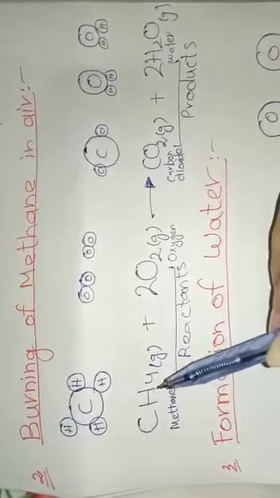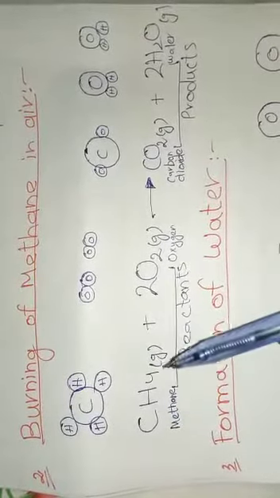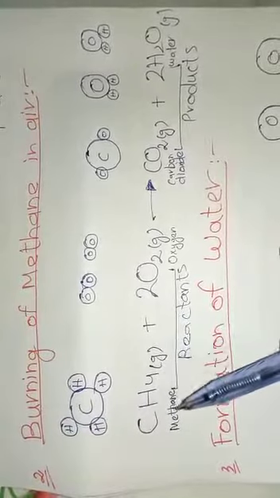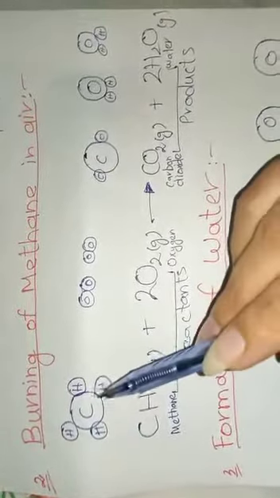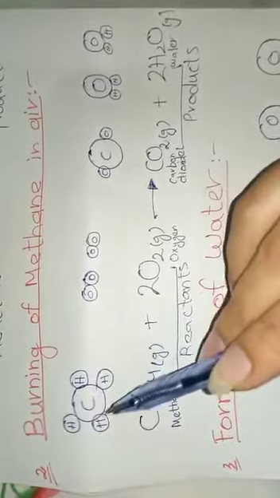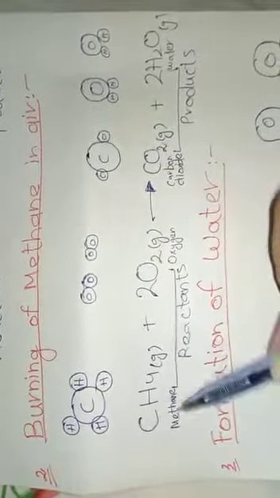So class, here this is the methane, CH4. So class, CH4 indicates methane, and you can see the structure of the methane as well. Here the central carbon attaches 4 hydrogens to form methane.